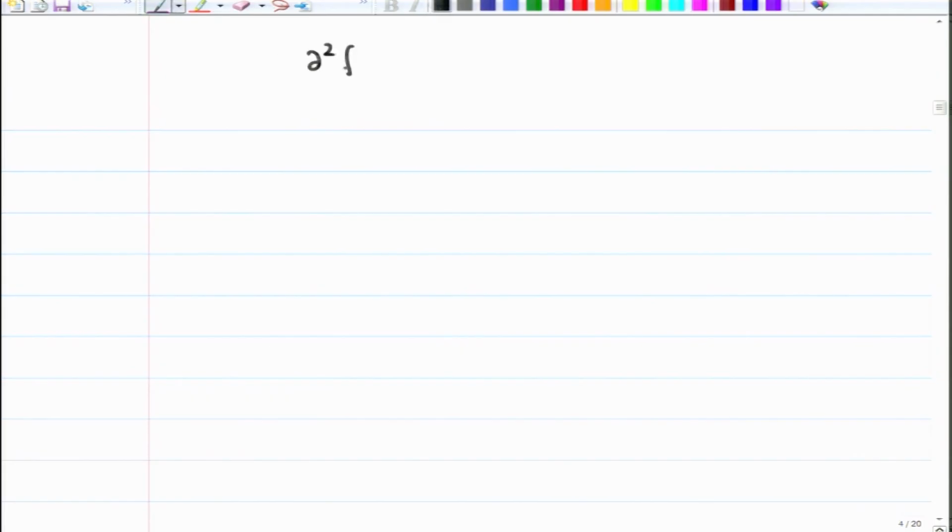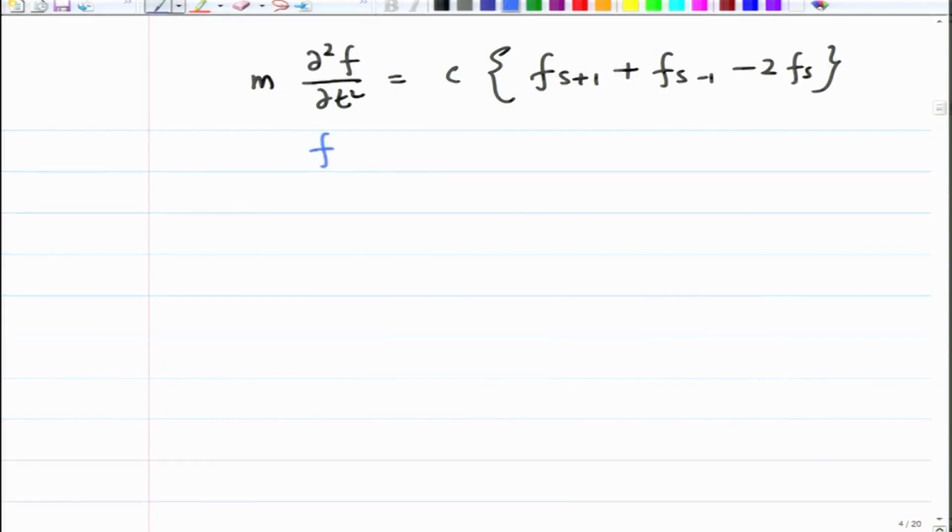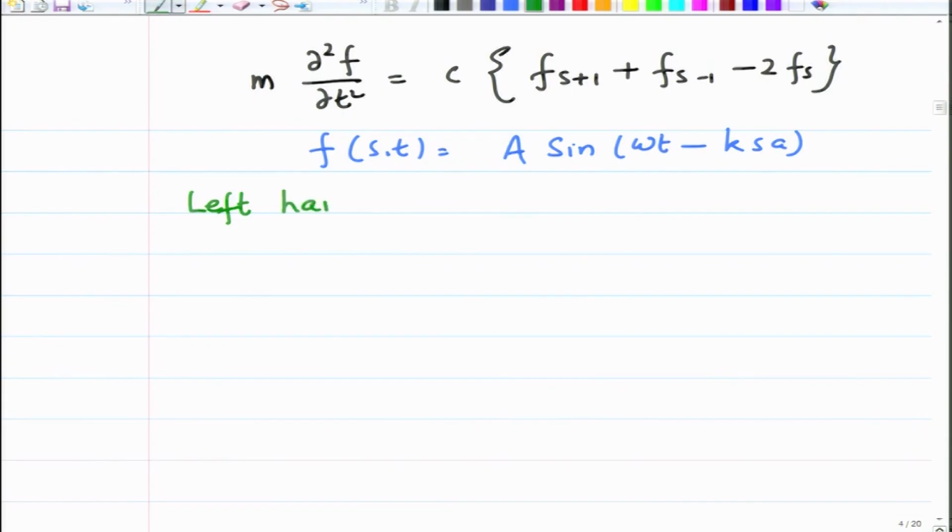Looking for the solution of this equation, d2f by dt square times m is equal to c f s plus 1 plus f s minus 1 minus 2 f s, and I have taken the solution to be of the form f s t equals A sine of omega t minus k S A, and then we have found by substituting that the left hand side is equal to mass times minus omega square A sine of omega t minus k S A, and the right hand side